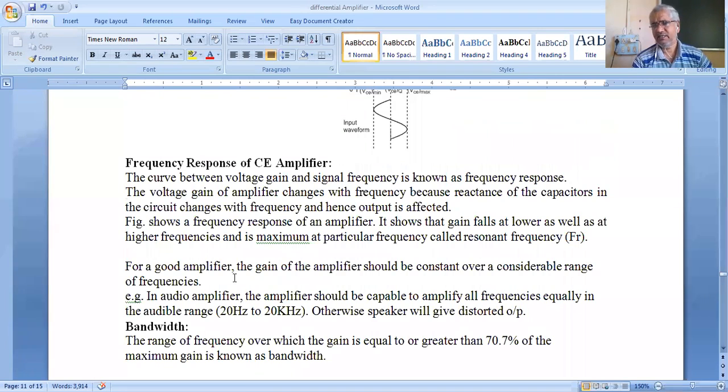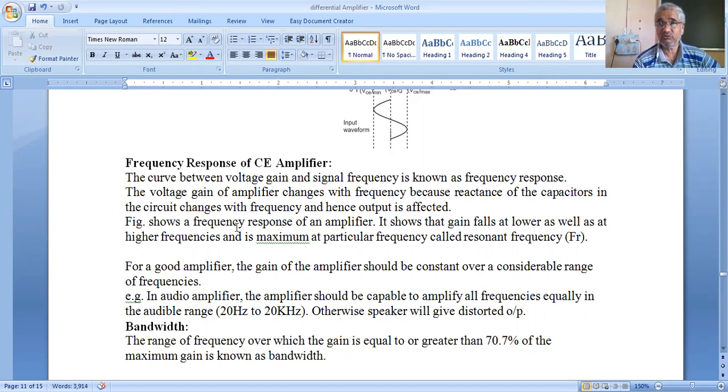So the amplifier has a frequency response. It is the curve between voltage gain and signal frequency. It is known as the frequency response. Generally, all the frequencies of the signal should be equally amplified by the amplifier, but the voltage gain of the amplifier changes with frequency, because the reactance of the capacitors in the circuit changes with frequency, and hence the output is affected. So we have seen there are input capacitors and output capacitors in the circuit, and the reactance of these